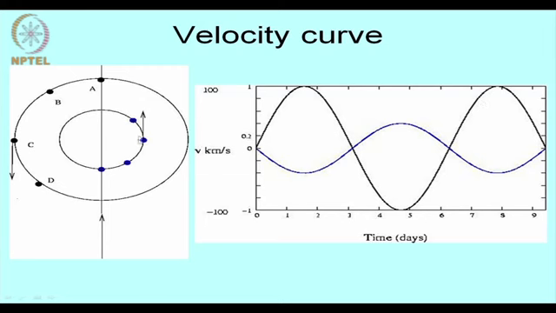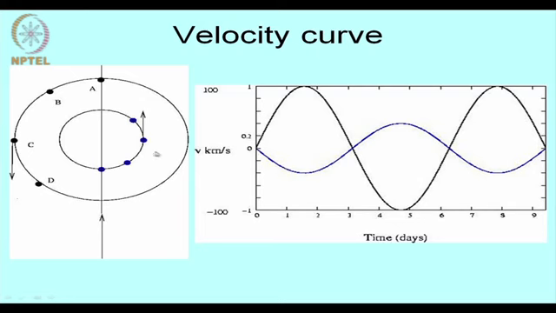For the second object, it starts off with 0 and then you have a negative line of sight component; it becomes negative, it is moving away from the observer, and then it again goes down like this. So, you will see that there are two spectral line shifts, and from there you can infer for a spectroscopic binary: if you can determine spectroscopic lines from the two different objects, these two spectroscopic lines will shift, and the shifts will be pi out of phase because the motions of these two objects are exactly pi out of phase,